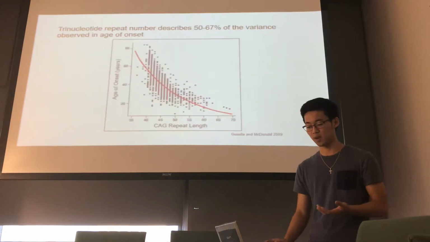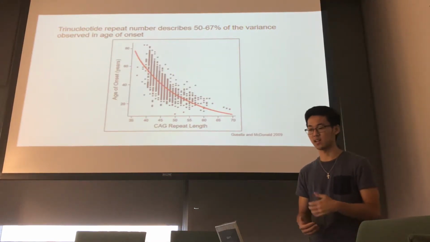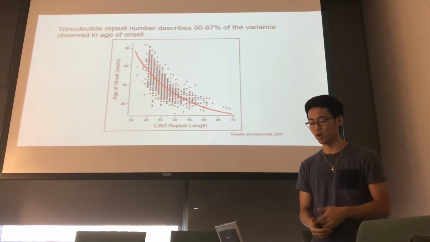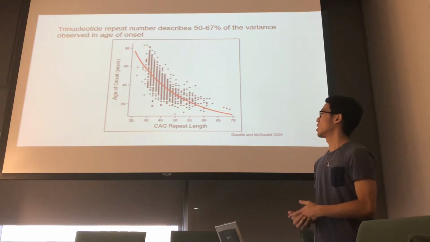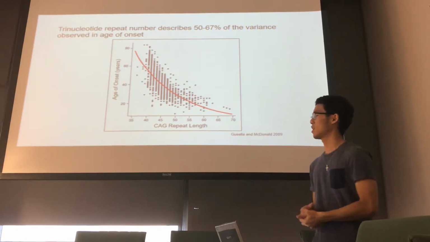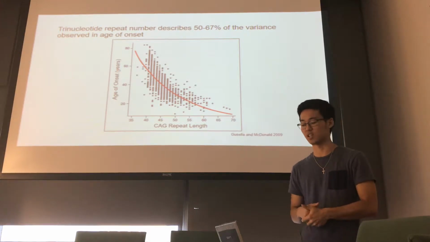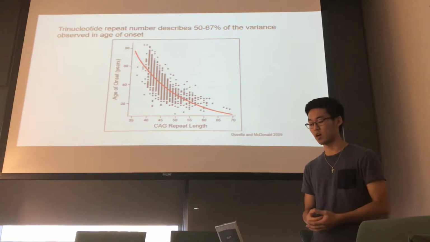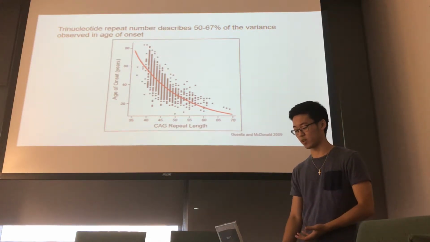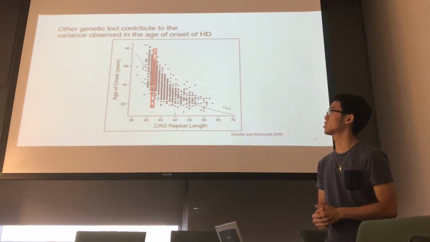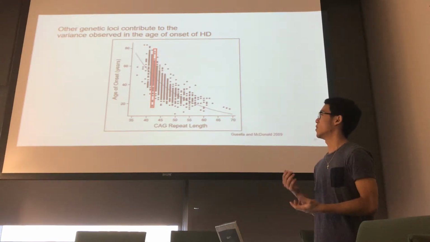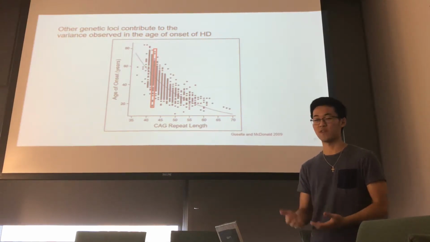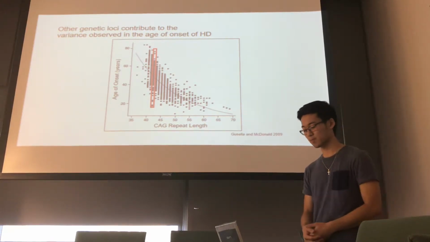So Huntington's has a variable age of onset that has some correlation with the number of CAG repeats within the mutant gene. If you look at the graph here, we can see that a higher number of CAG repeats is associated with a younger age of onset. However, this correlation only accounts for a certain amount of the observed age of onset. And if we examine one specific repeat length, we can see that there is a variable age of onset even within that one repeat length, which means that there can be other factors that contribute to this age of onset,